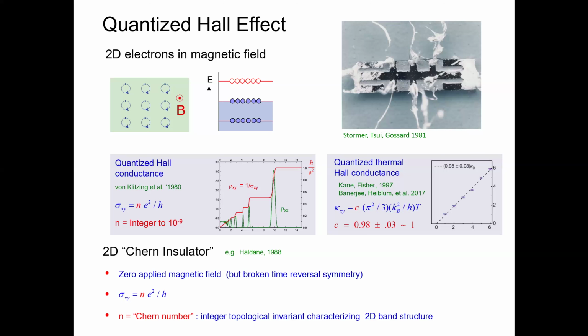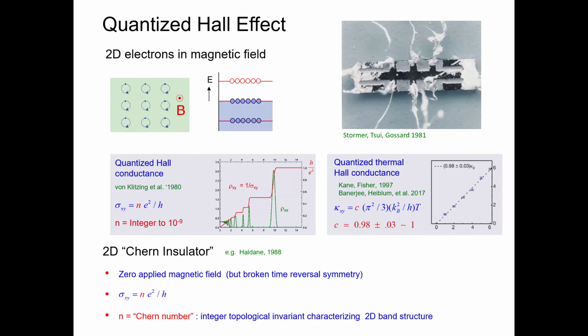And so this gives you the quantized Hall effect, and remarkably, it's incredibly accurately quantized. This is physics that goes back to the 1980s, and it has continued ever since. But it's only been within the last few years that, in addition to the quantized electrical conductance, the quantized thermal conductance has been discovered. It took 20 years after the prediction for this to come about, because it's a much harder experiment.